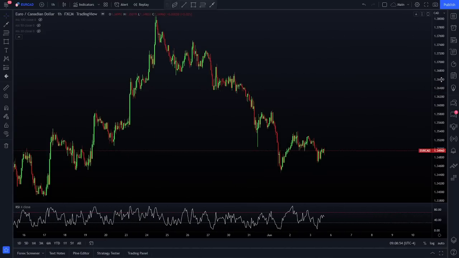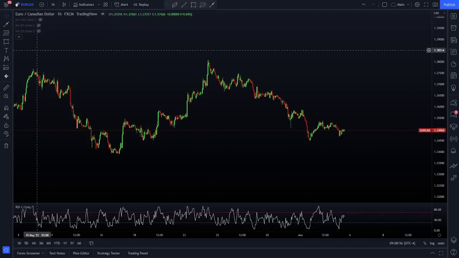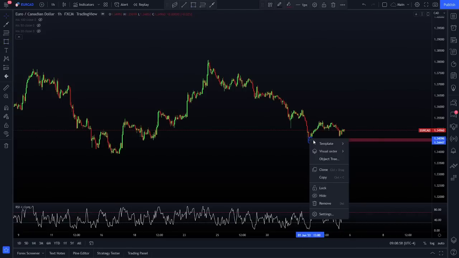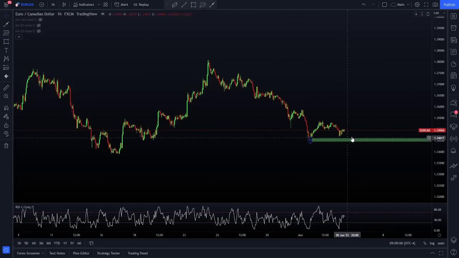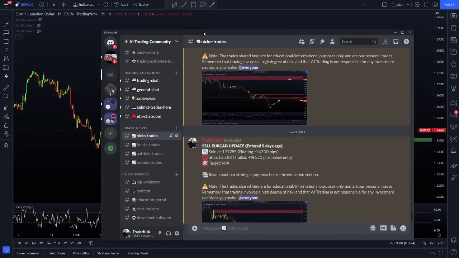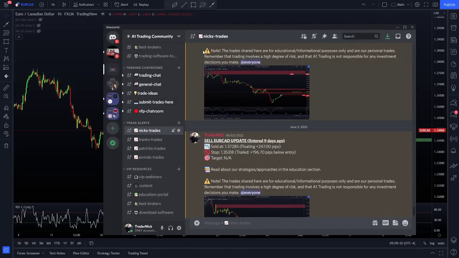Still bearish going into the week, seeing if we can break through the previous week's low. For those of you guys who are already members, that's what we're looking out for. We're looking for a break of this structure this week. If that happens, we will look to secure more profits on the move. And for those of you guys who are already in the group, like I said, look out for the update. I'll share it right here inside of the Nick's Trades Trade Alert section.